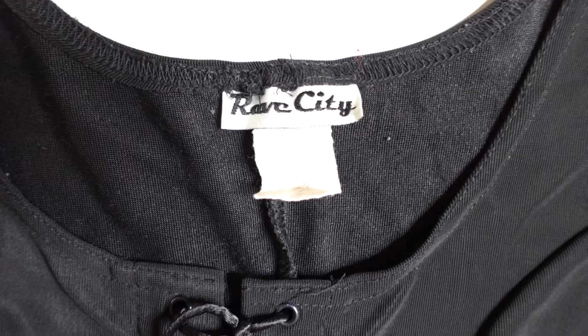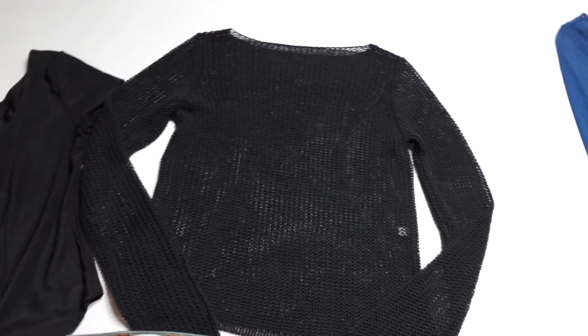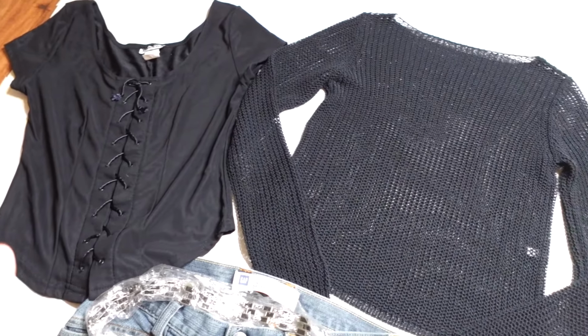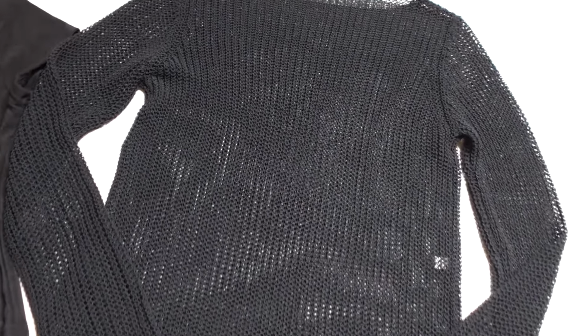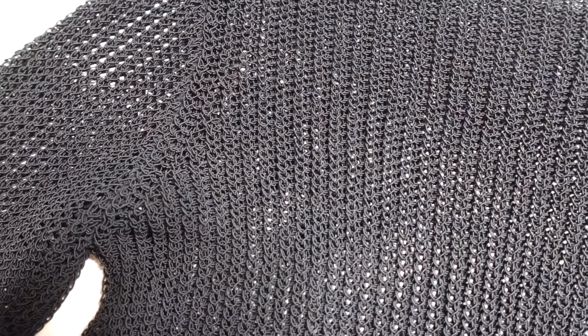This one is from Rave City, and it's a pair on top of that shirt for the spring, and then even just a pair by itself with a nice little bralette or tank too. I have this really cool fishnetted long sleeve, but the cool thing about this is, this is a very heavy duty material. I'm not even sure what to call this because there's not really a tag on it, but